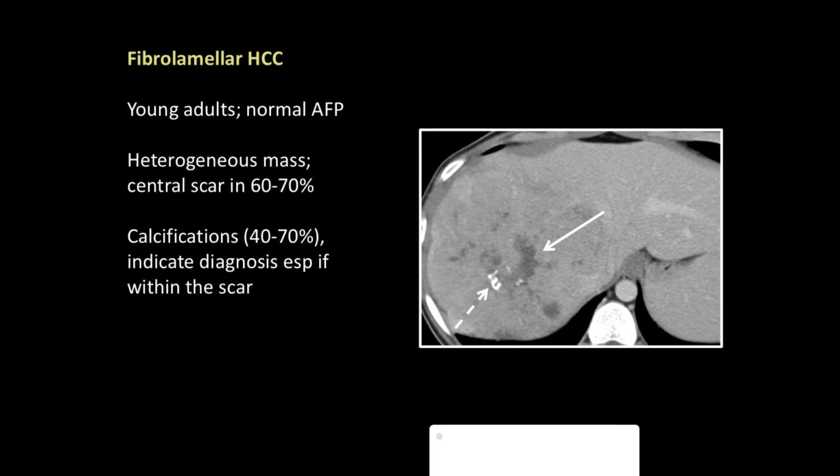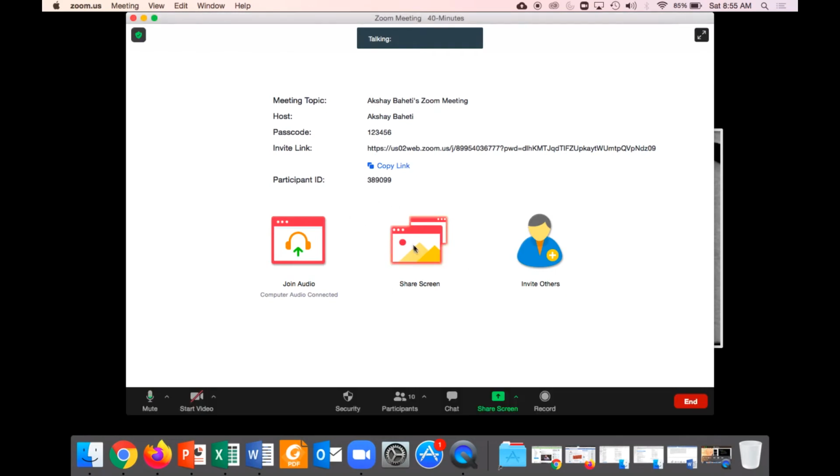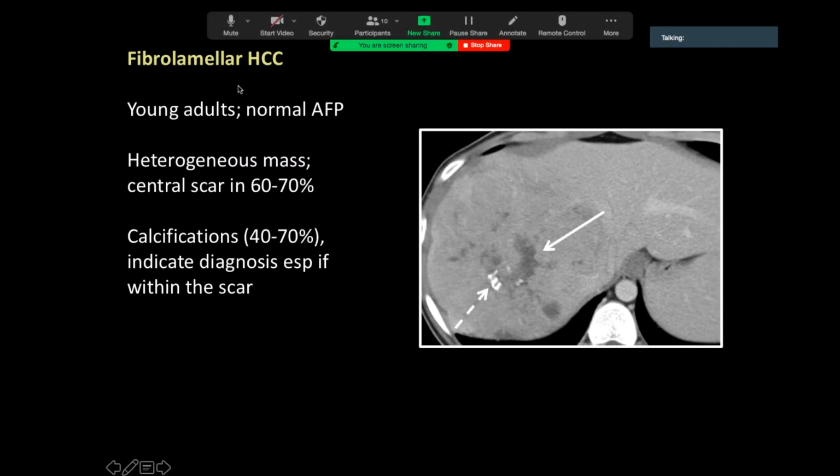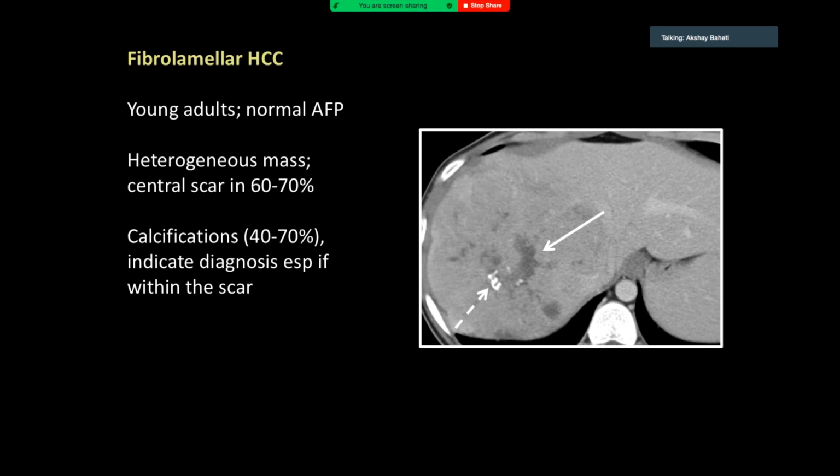If you don't see calcification but you still see a scar, then there are two things, right? You always think of FNH and fibrolamellar. And the classic, everyone must be knowing this, is that the central scar in fibrolamellar is T2 dark, while in your FNH it is T2 bright, right? The vascular scar in FNH is T2 bright. Here it's a fibrous scar, so it's T2 dark. Supposedly that helps. If you have any doubt, just biopsy, right? You cannot let the fibrolamellar go.